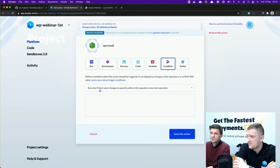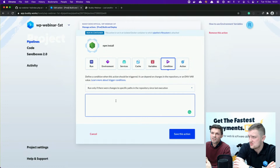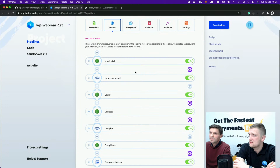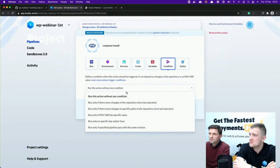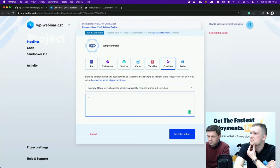So in npm install, we will add based on changeset. We want to run this action only if the package.json file has changed. Okay. Yes. In the same way, we can do it with composer conditions: run if there were changes in a specific path. In this case, it is